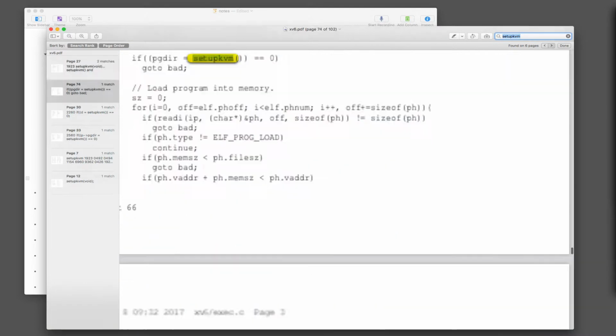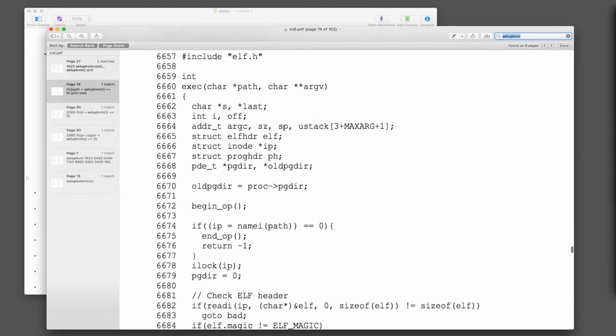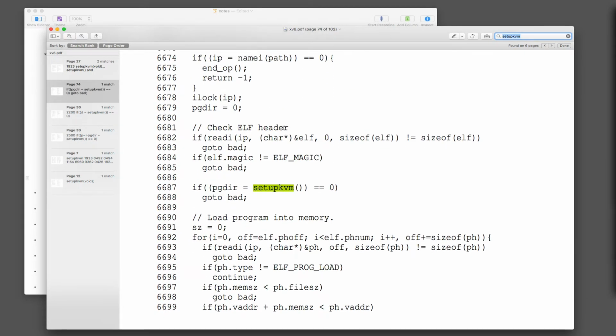Let's see what it's called. So here we're, okay, so on exec, that's good. So we're going to clean out the page table for this new process. So the first thing we do is run setup KVM. So now we've set up the kernel mapping,